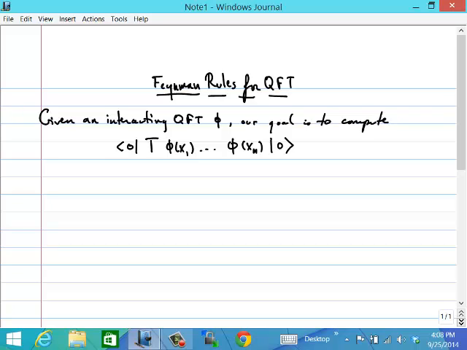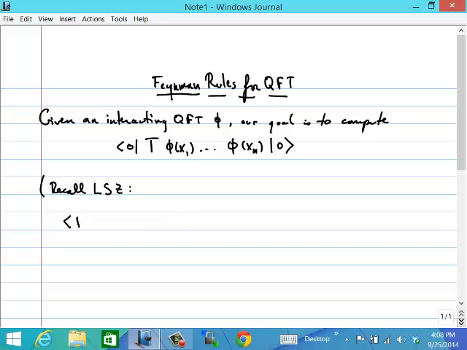Now, just to remind you, we are interested in computing time-ordered correlation functions. And the reason that we're interested in time-ordered correlation functions is because of what we discussed last time, the LSZ formula,